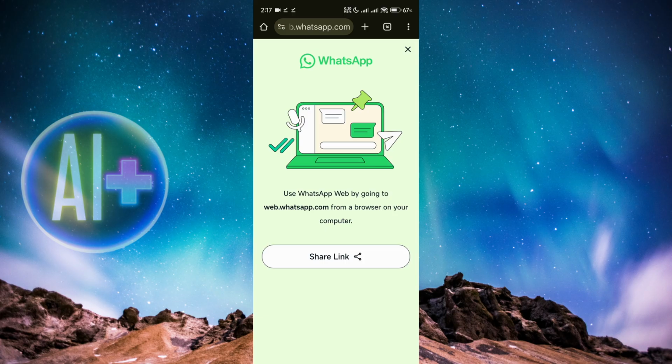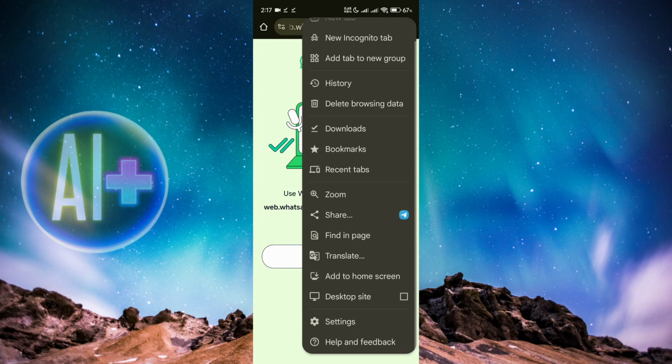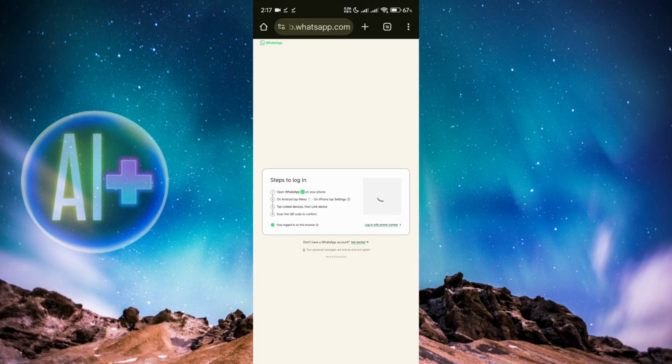simple to bypass. So on the top right, you click on three dots right here to bring up the menu and click on the desktop site button right here. As you can see, it will reload the website, and now we have the full functionality on the phone, and